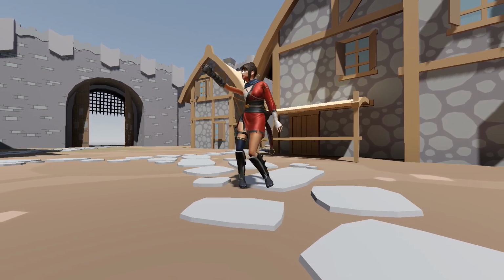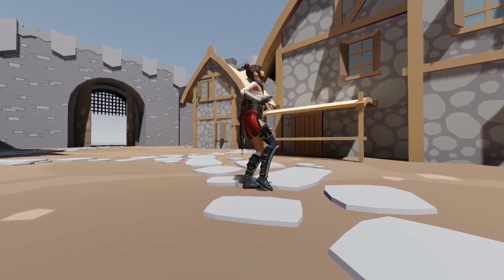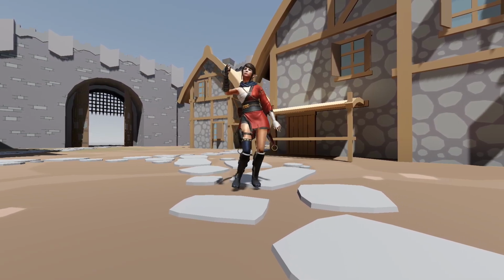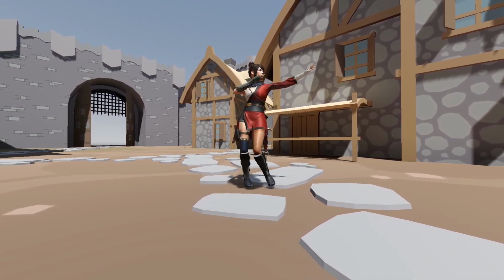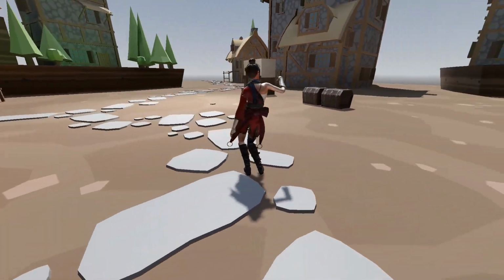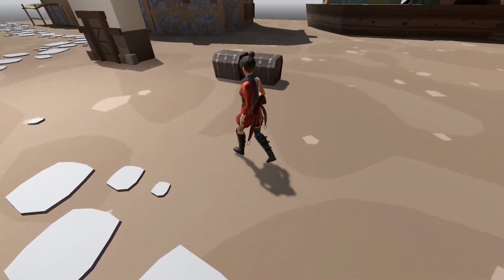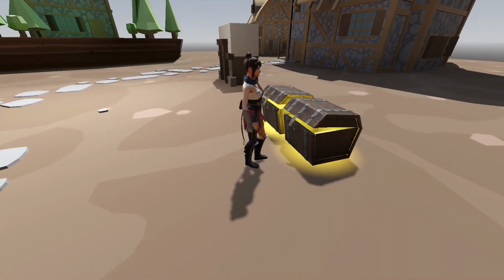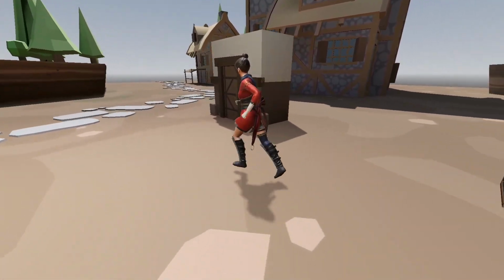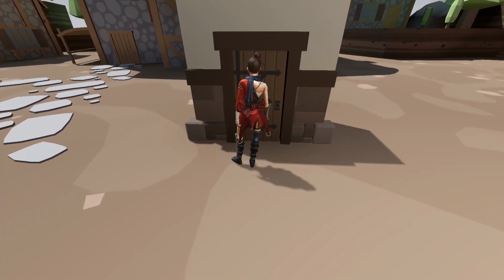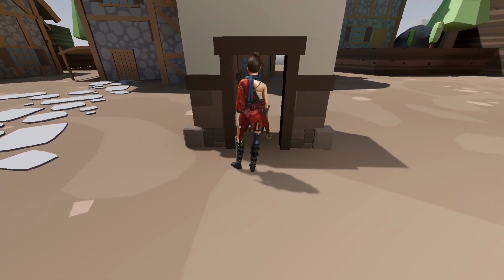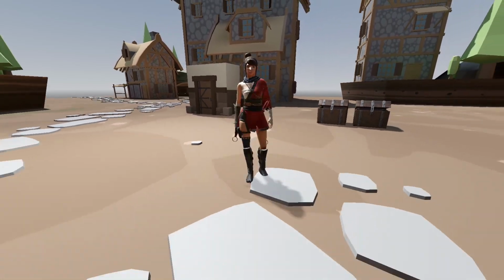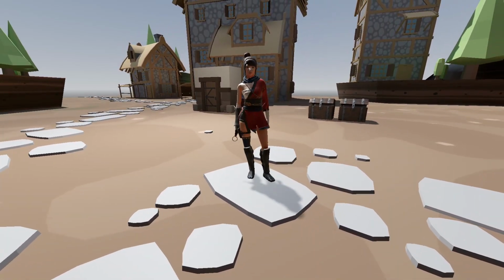The setup should be very simple. It's only two components. It's also very flexible. You can use it for anything from talking to NPCs to picking up an apple. In fact, I've got a test scene over here with some chests and a door. You can walk up to the chests, press E to interact. A nice light appears and we can walk over to the door, open, close, open, close. Very nifty stuff. So anyway, let's get started.